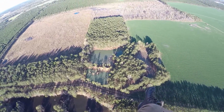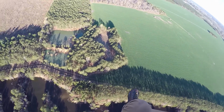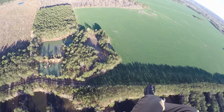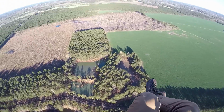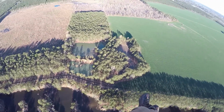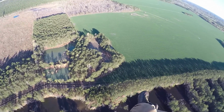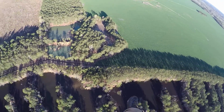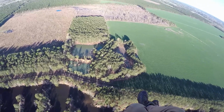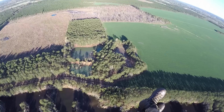I found the sweet spot where literally if I just look down, it's as though, whoa, and now I'm moving backwards. It's as though I'm just hanging from a string if I look downward. It's like I'm just dangling in the sky. Kind of nuts. So up here, 600 feet above the ground, I've got a pretty good, maybe 20-mile-an-hour wind or so,